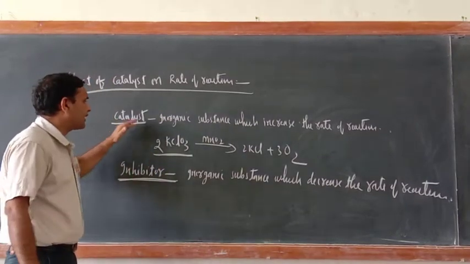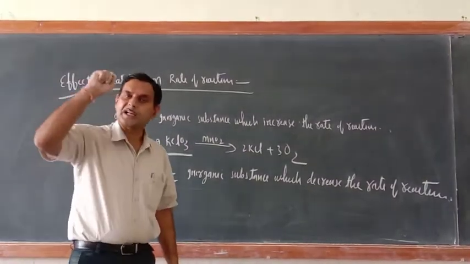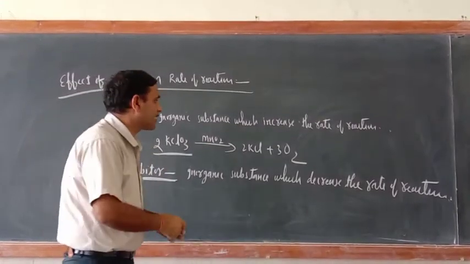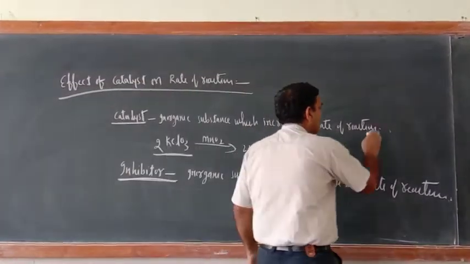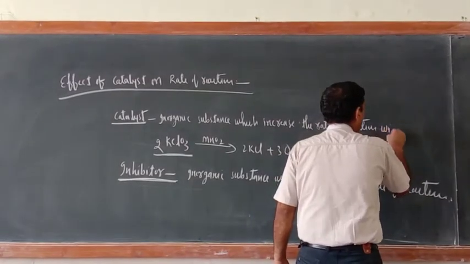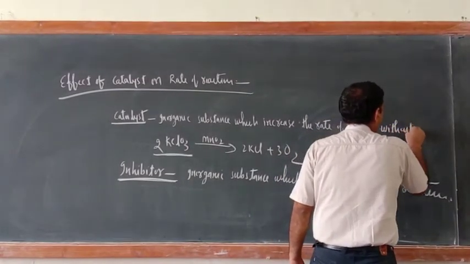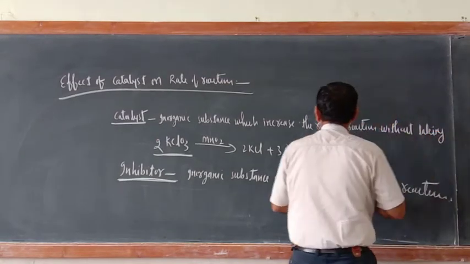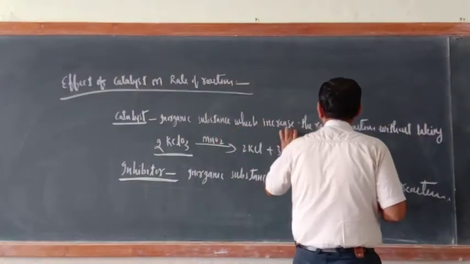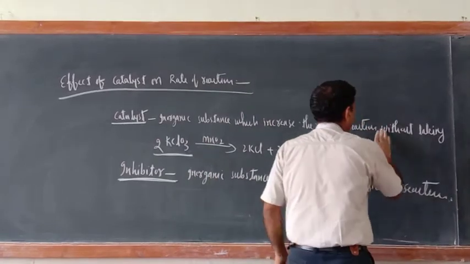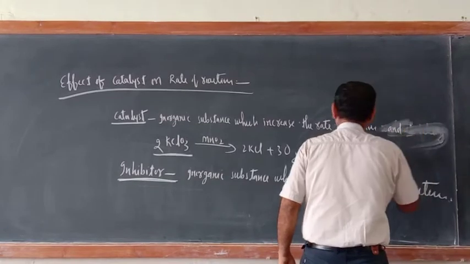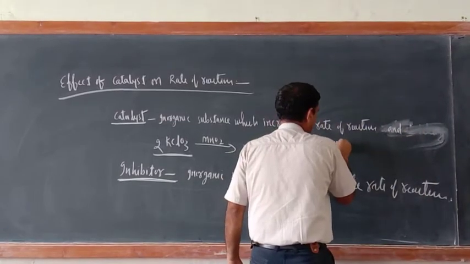Actually, the complete definition of a catalyst is a substance which increases the rate of reaction without taking part, or you can write, a catalyst is a substance which increases the rate of reaction and remains unchanged